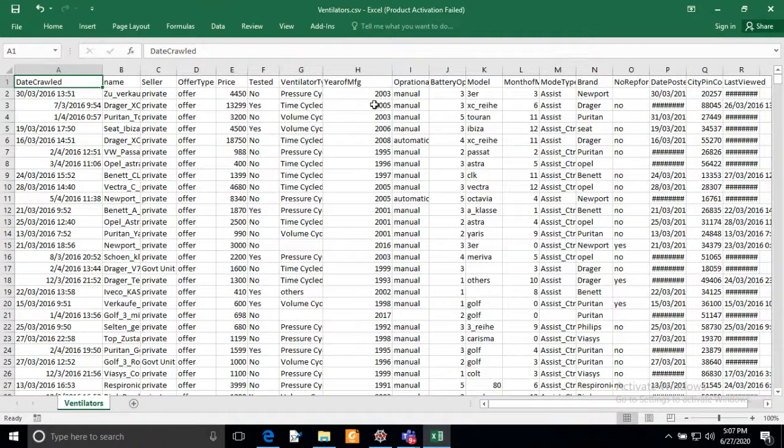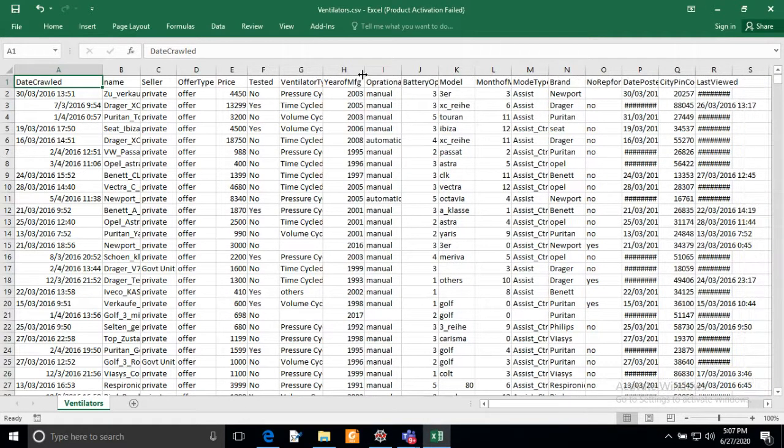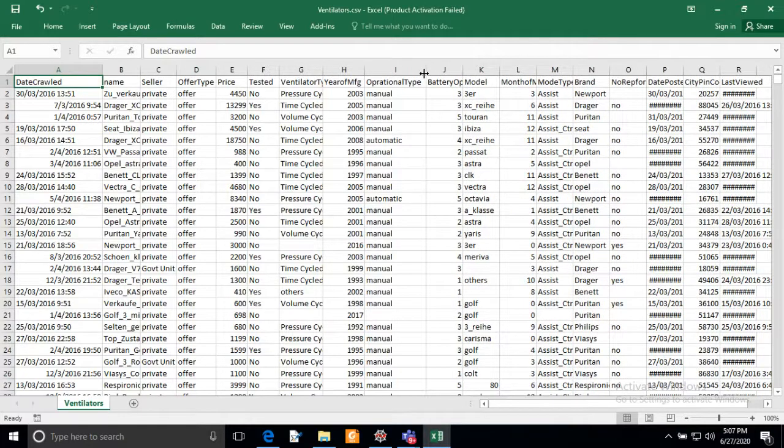Here we also have the year of manufacturing, which will help you find out the age of the ventilators. And this is the operational type, whether the ventilator is manual or automatic. We also have this information.